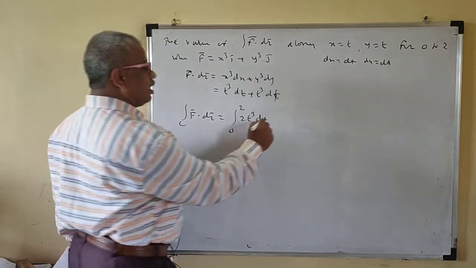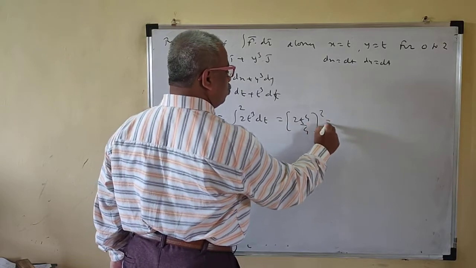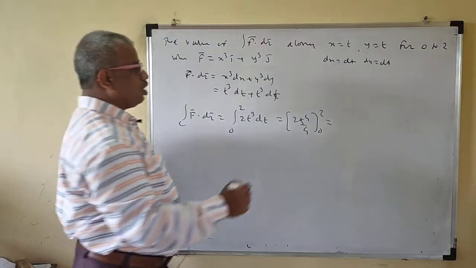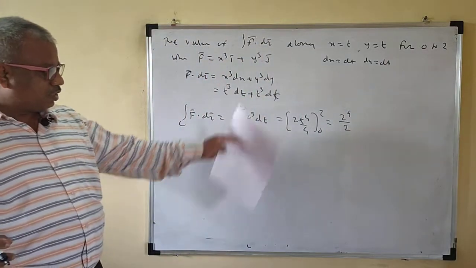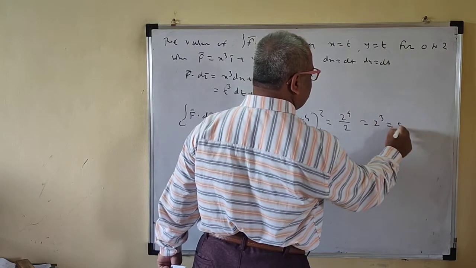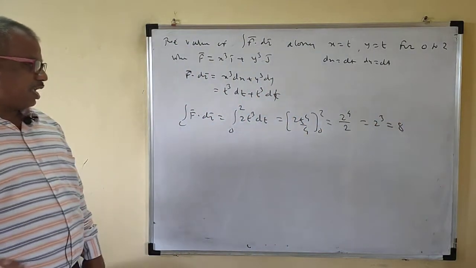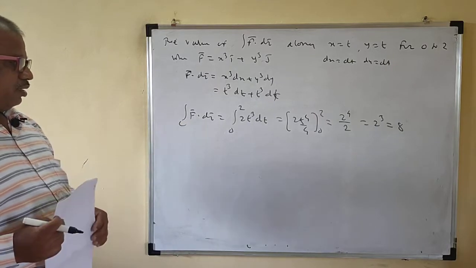Okay. So what is this then? Integration is 2t raised to 4 upon 4, from 0 to 2. So this is 2 raised to 4 upon 2. So this 2 gets cancelled. 2 raised to 4 upon 2 is 2 cube, so this will be 8. See, your option 8 is here. I hope that this is very easy now.